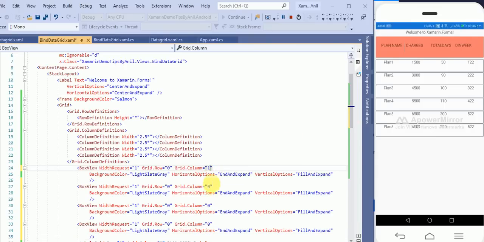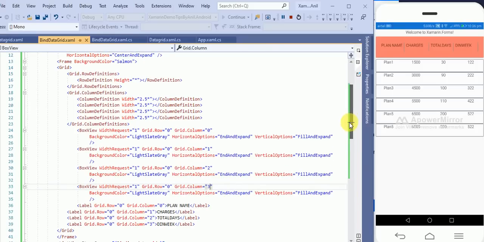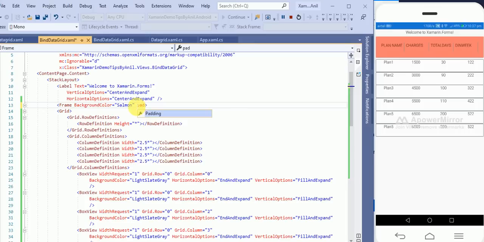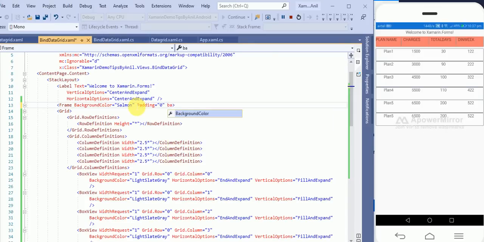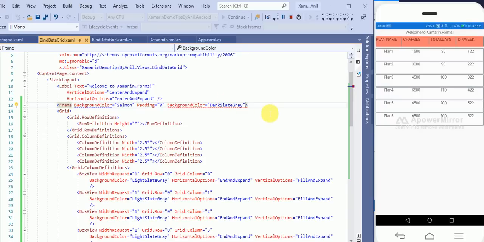Column 0, column 1, column 2, and column 3. Okay, now define here padding equals to 0 and background color equals to dark. Sorry, it will be border color.